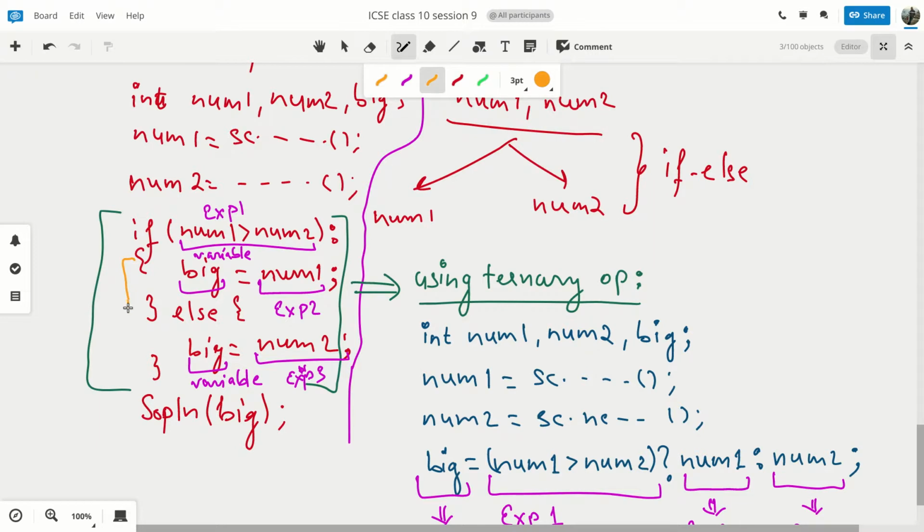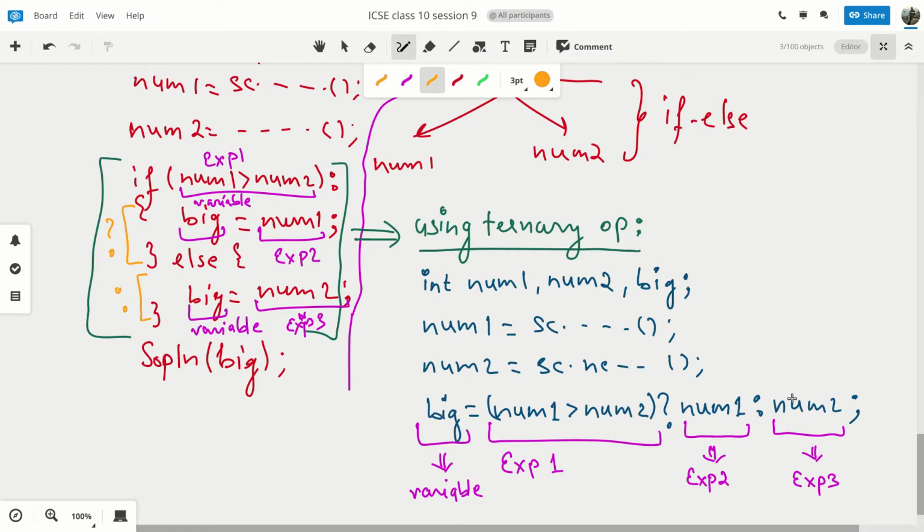The question mark means whatever is enclosed within the curly braces of the if, and whatever comes after the colon is the block of the else, starting from here till this closing brace. If the expression is true, it goes to the part after the question mark, which is this portion of the if-else, and if it is false, it goes to this portion.